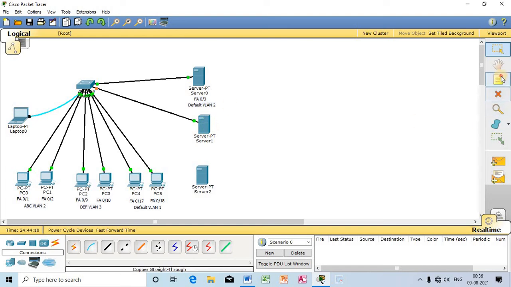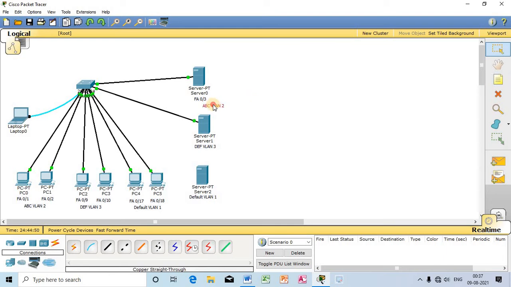And this belongs to VLAN, so this is VLAN 3, and this is the default VLAN 1, and this will be ABC, VLAN 2.